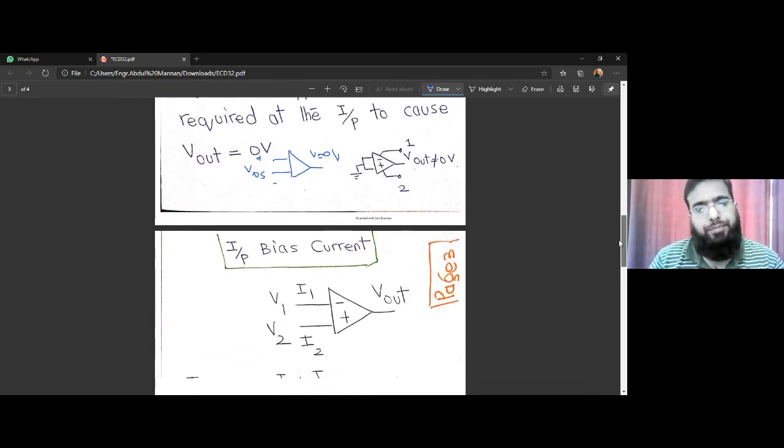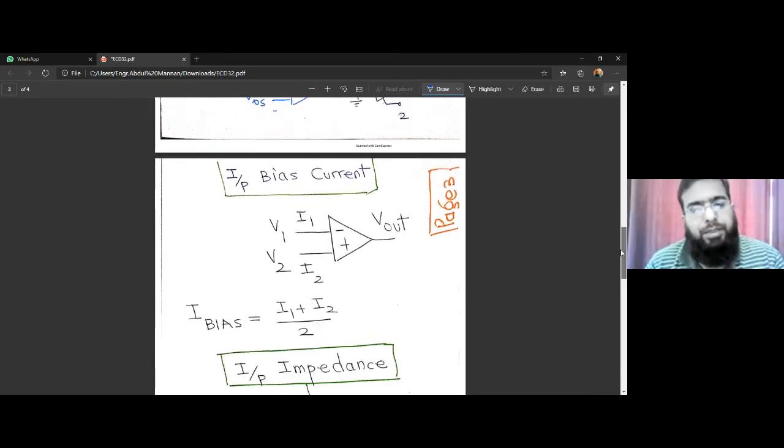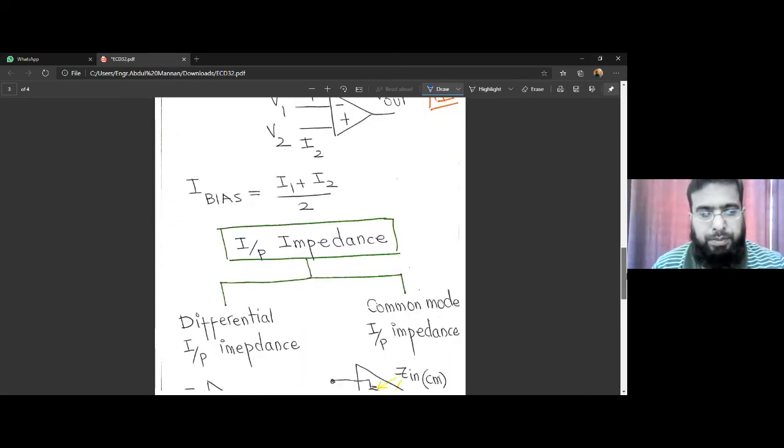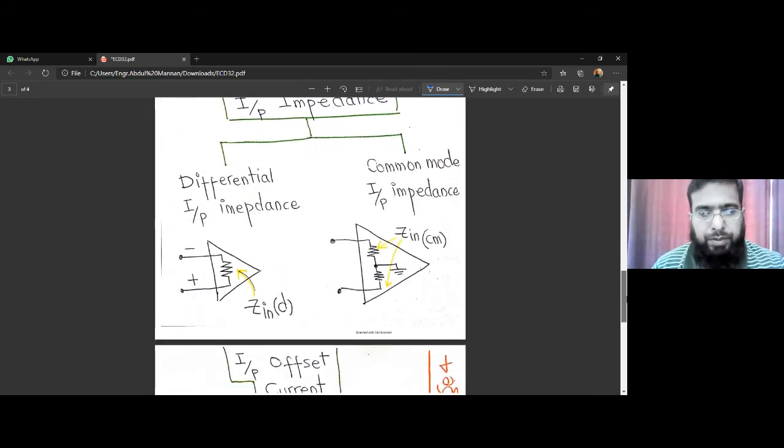Then input bias current is the average of the two currents taken by the two input terminals. So it's simple. Input impedance is the impedance that we see when we look into the input terminals. It can be divided into two parts: it can be a differential input impedance or a common mode input impedance. If differential means that if we